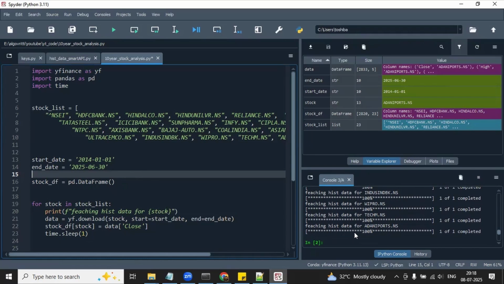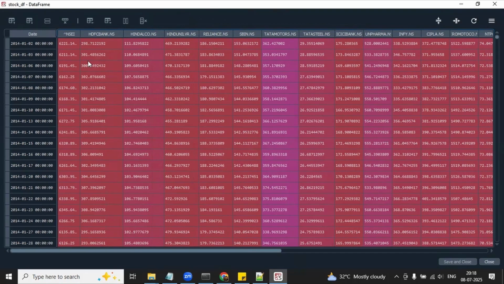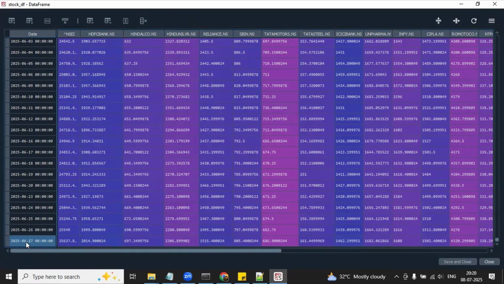Now our execution is completed and we have all the closing values in this stock DF. As you can see here, we have column names. This is for Nifty. Then we have HDFC Bank, Hindalco, then Hindustan Unilever, then Reliance, and so on. And these are the closing values for each day from 2nd of January 2014 till the 27th of June 2025. So in this way, you can see here we have a closing value for each day from the last